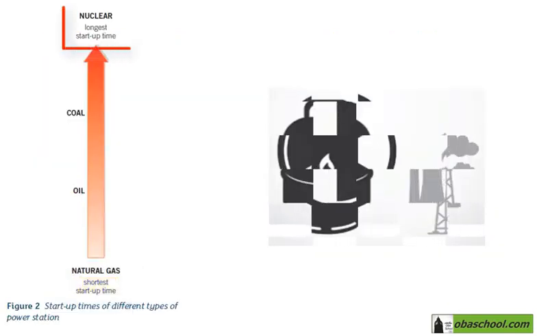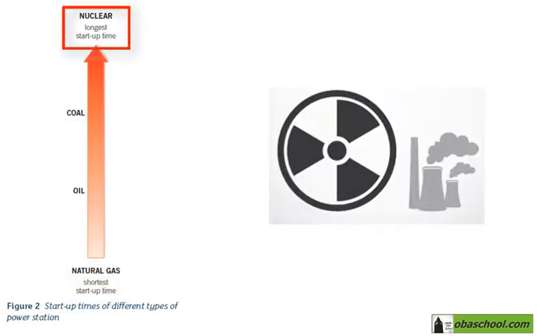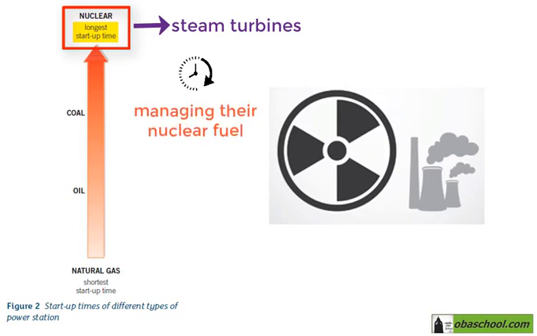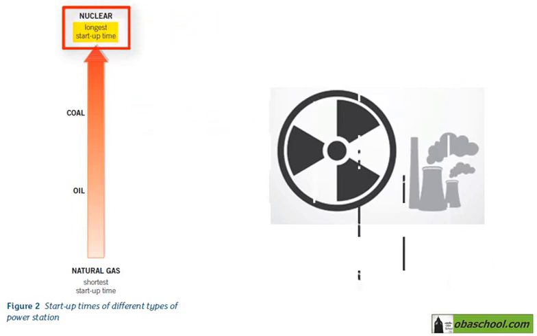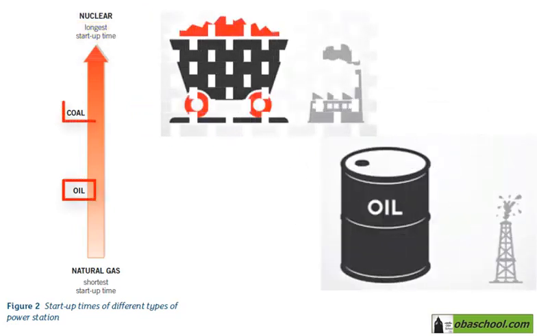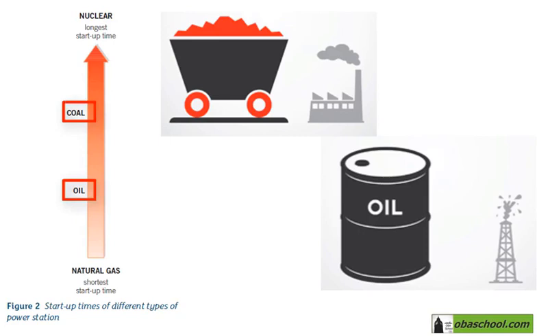And the power station depending on nuclear resources has the longest startup time. And this is because the nuclear power plants use steam turbines, but these plants have additional time-intensive processes that involve managing their nuclear fuel. The oil and coal power stations have middle startup times as compared to the natural gas